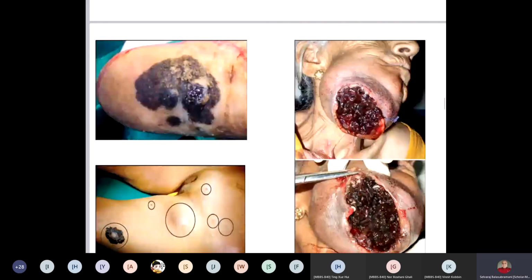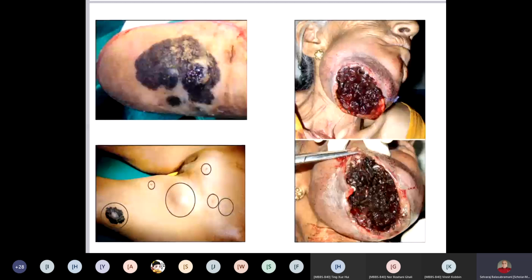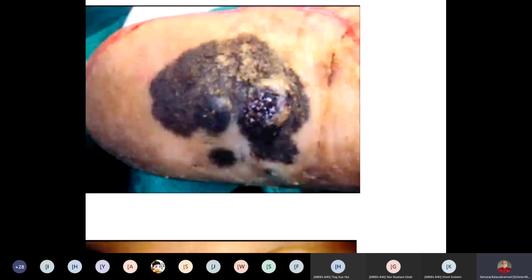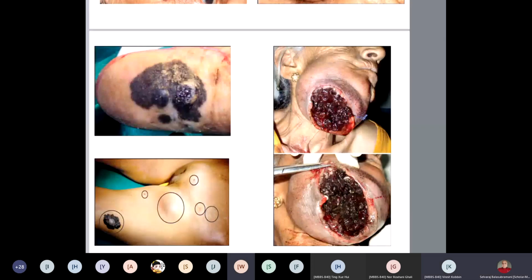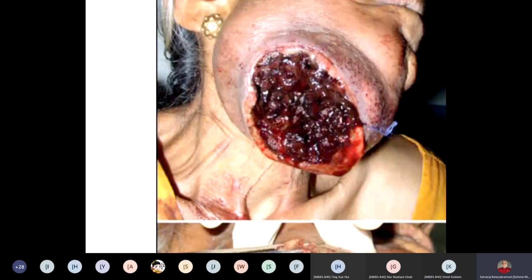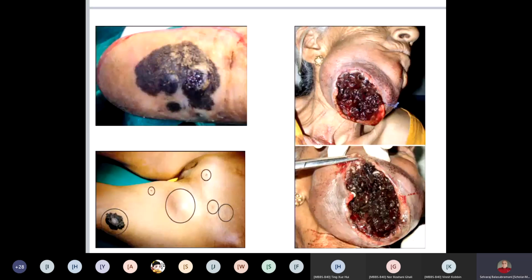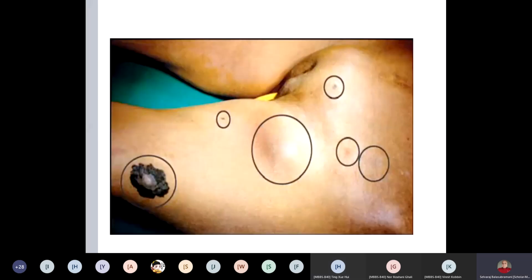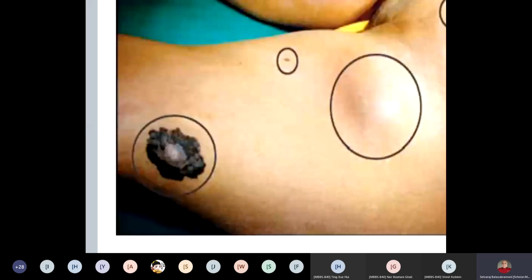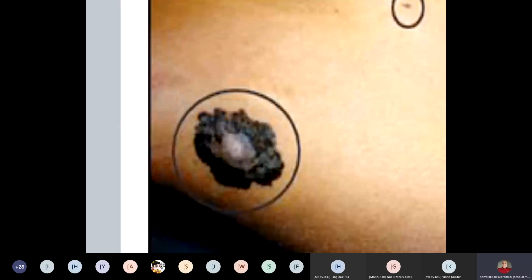Okay, coming to the final skin cancer, it is black color. What is this cancer? Can you tell me? Basal cell? No. Malignant melanoma. So this is over the foot. Here you are seeing over the mandible also. All are malignant melanoma. So this is in a female patient. You are seeing the primary in the upper part of the thigh.